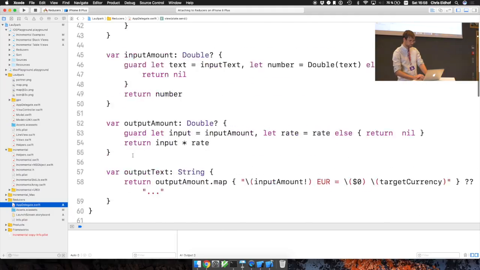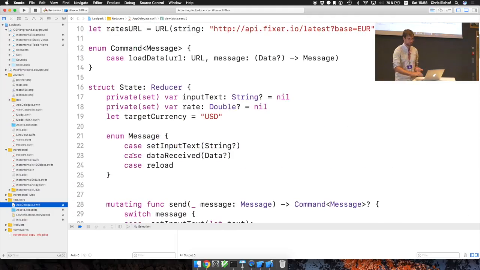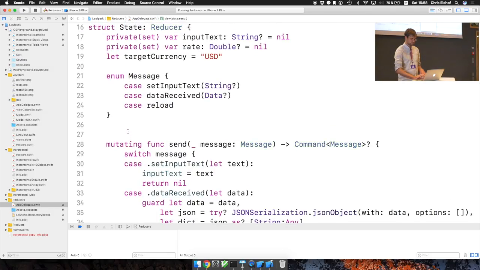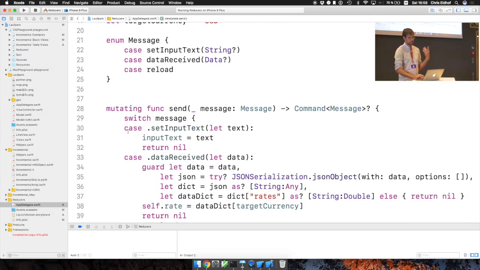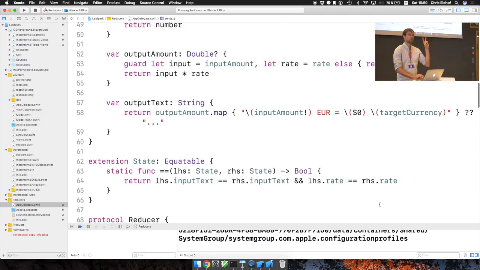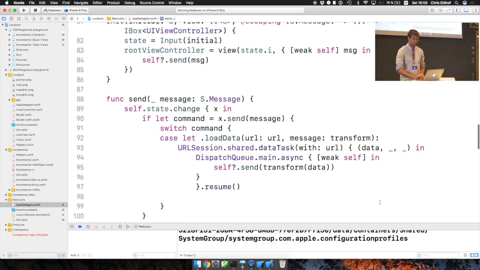It's over here. This is a simple currency converter. So over here, I have my state. It has some input text, a rate, a currency. It has some messages, just like we saw before. It has some commands, and this send method. And for example, when the reload button gets pressed, we load some data from the network, and it sends the data received message back. This is all sort of straightforward reducers. Then the exciting part